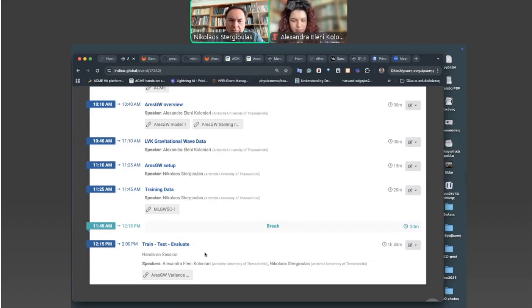And the second part will be then to actually run the code, perform training. We have prepared a short data file which allows us to train a minimal version of the code within some minutes, roughly 12 minutes if I remember. And then to evaluate and test it will only take a few minutes.